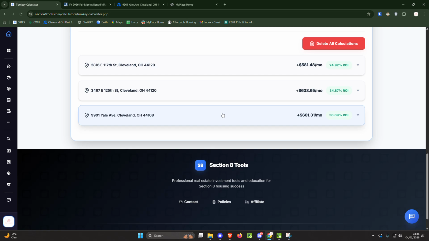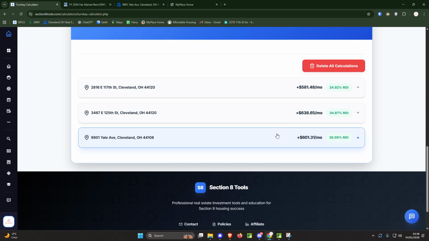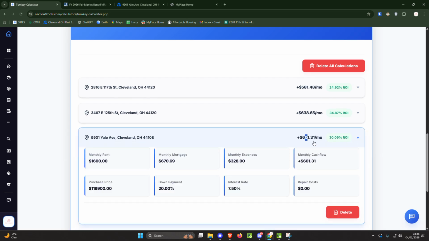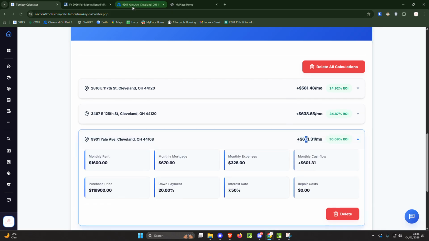Fix and flip is good to increase your cash. If you're getting low on cash, you're going to need to start selling some property, so you do fix and flips. But your goal should be BRRRR because that increases your portfolio, it gets you cash flow, and you're recycling the money. Yeah. But so 30%, this is the cash, and then we'll need to confirm a couple more